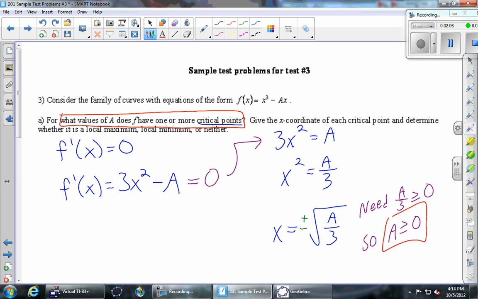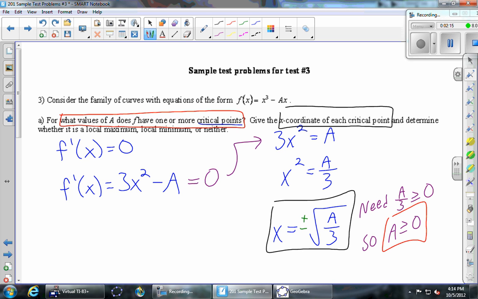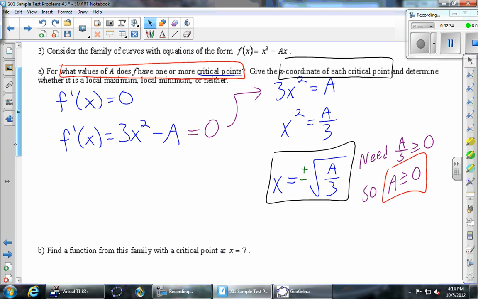So it says give the x coordinate of each critical point. I think we've done that. The x coordinate of each critical point is given in this formula, plus or minus square root of a over 3, and determine whether it's a local max, min, or neither. So let's try that. Okay, we have choices to decide whether a particular critical point is a local max, a local min, or neither. You can either use the first derivative test or the second derivative test. Maybe we'll give both of them a try here. So if we go with the first derivative test,